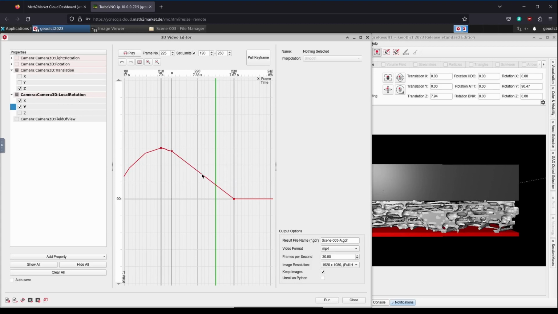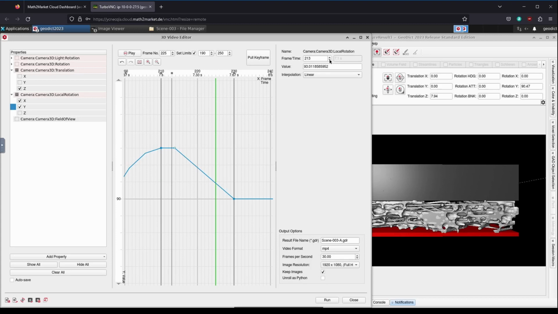From the menu again, make sure that you do not click too close to another point. Otherwise, the new point automatically snaps to the existing keyframe and overlaps the old control point. The problem can then be solved by selecting the point and then moving it to a new frame by hand or via frame time.